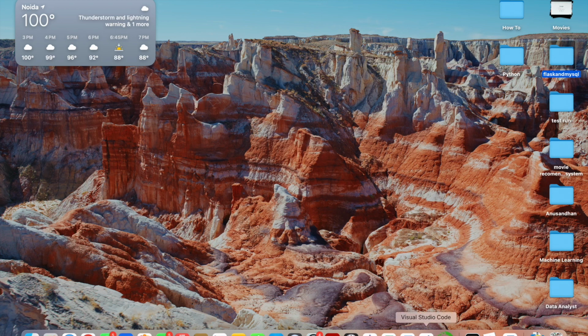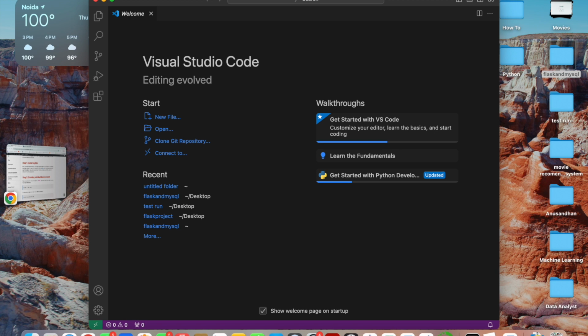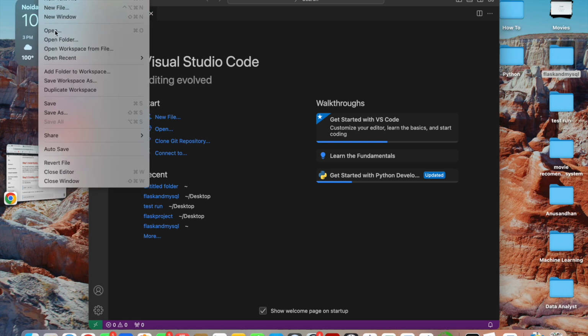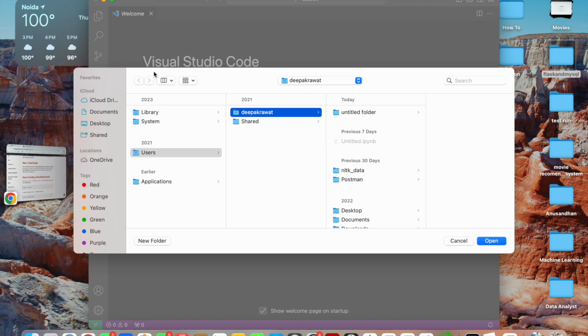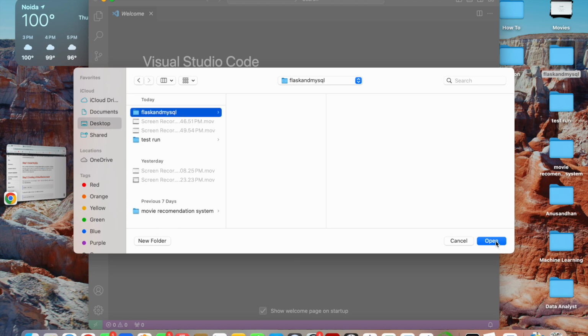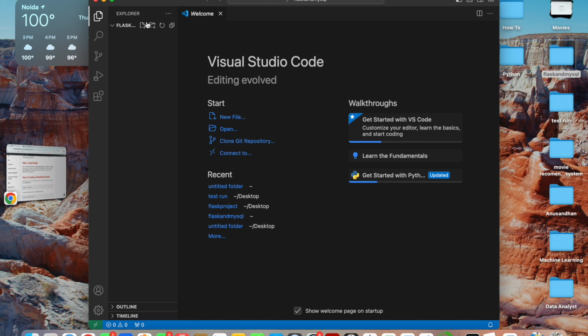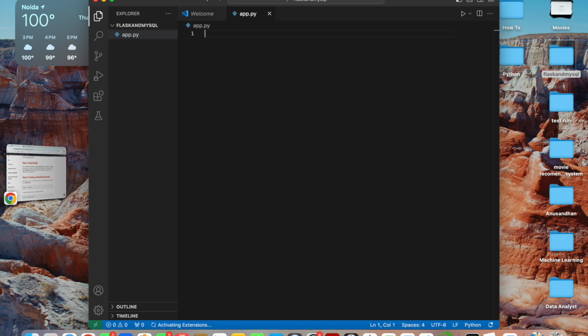So now you can use any Python IDE. I'm using VS Code here. So I'm opening the folder Flask and MySQL, and now I'm creating a file app.py in it, and then just go to the terminal